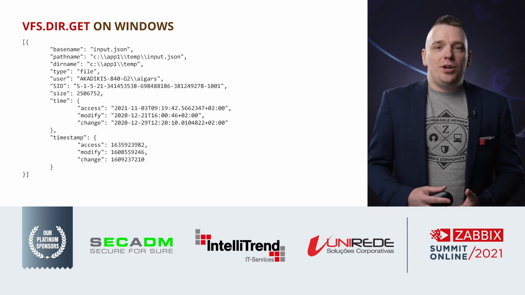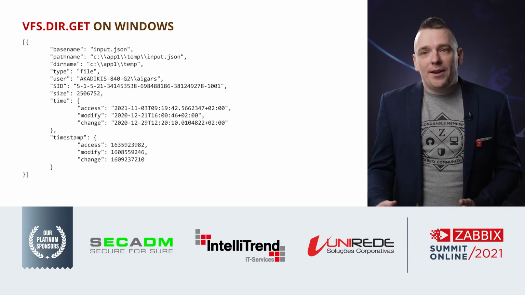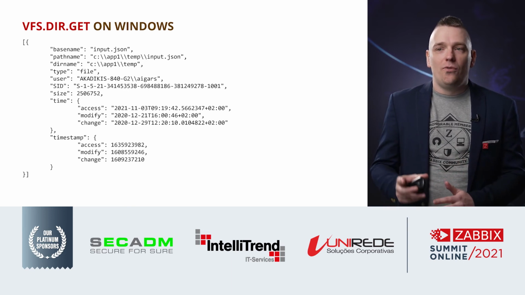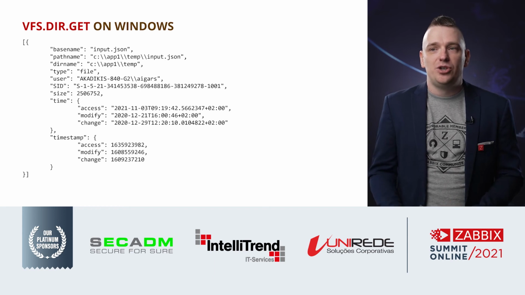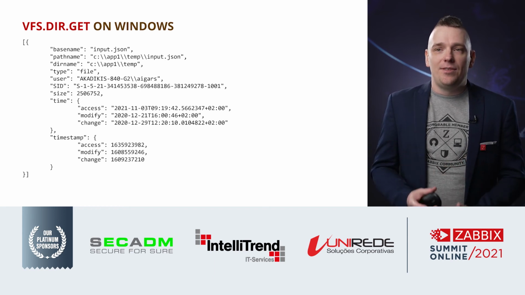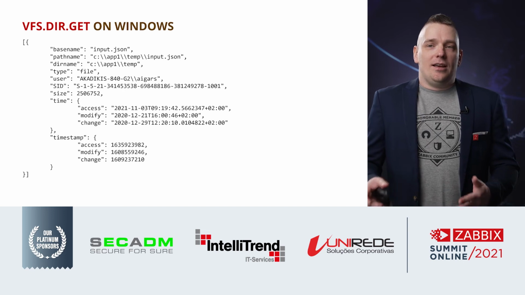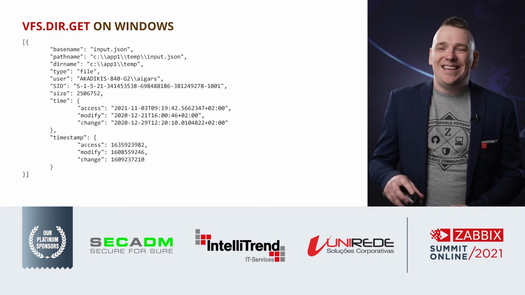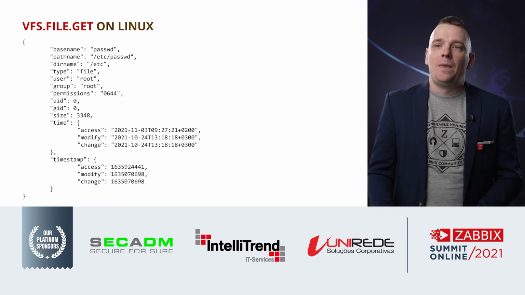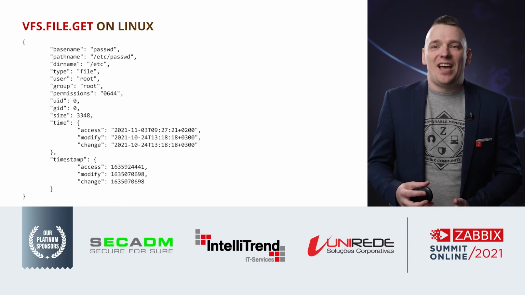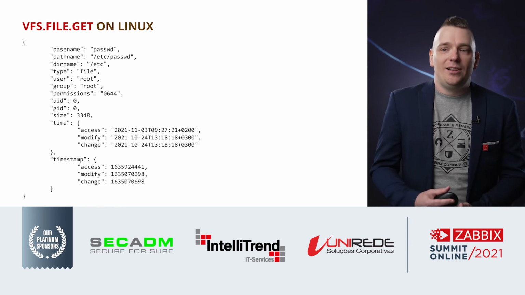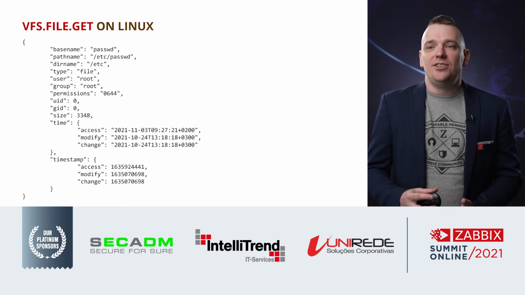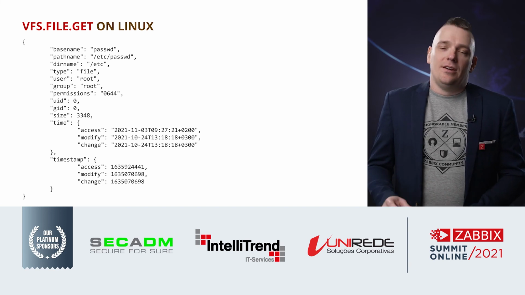And here on screen, currently we are seeing only one element from the array, but if we ask what is the content of the directory and if there are some subdirectories or files inside, then everything will be reported in one fetch, in one bulk request. It will gather all the data inside this directory. And here is the detailed example about file.get on the Linux system. As I mentioned, it's very similar to the stat command, and all these characteristics can be delivered to the Zabbix